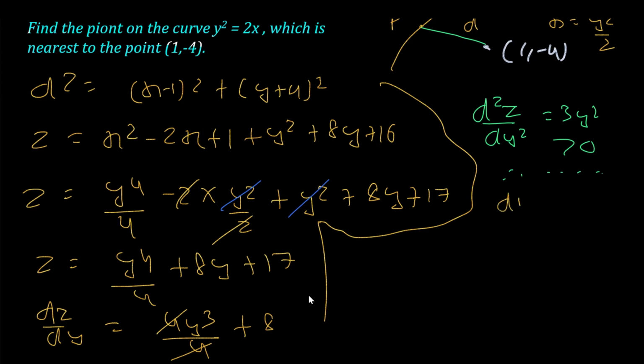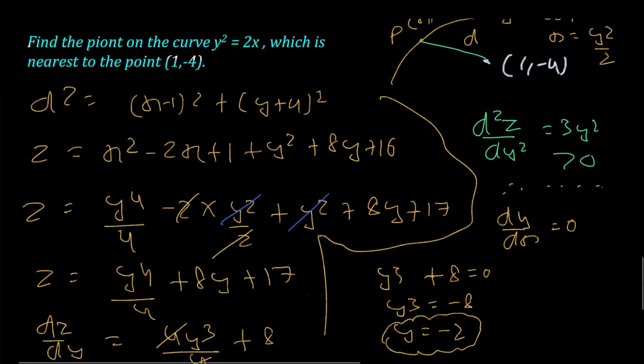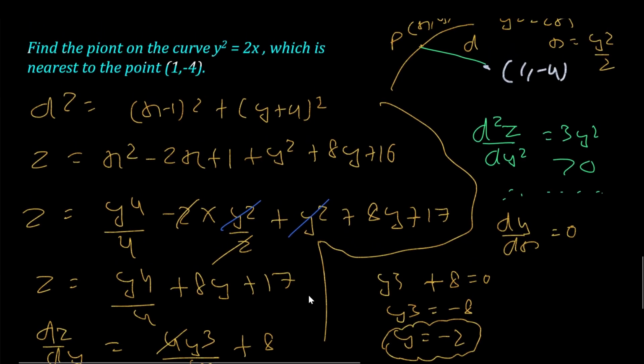Now, next is to equate dz by dy with 0. So equating this, y cube plus 8 with 0 implies what? Y cube is equal to minus 8. So y has to be minus 2. We got one value, not plus minus 8. So we got y as minus 2, and I'm going to place y over here. So what we get x as minus 2 square is what? 4. 4 divided by 2 is 2. So the required point is what? (2, minus 2). That way we can say this is the required point, which is minimum, which is at the